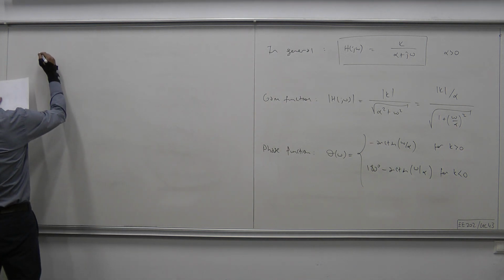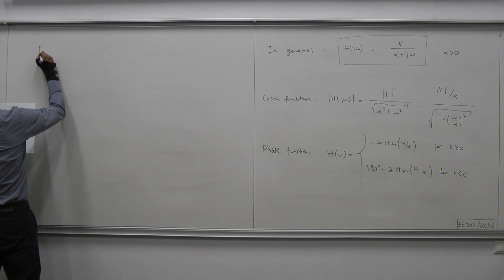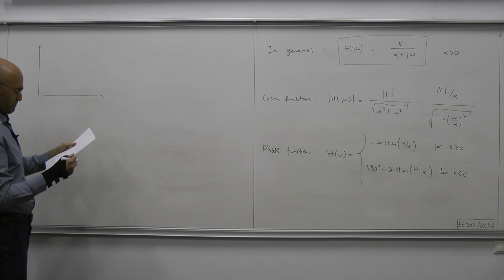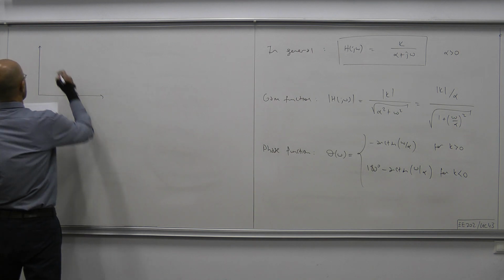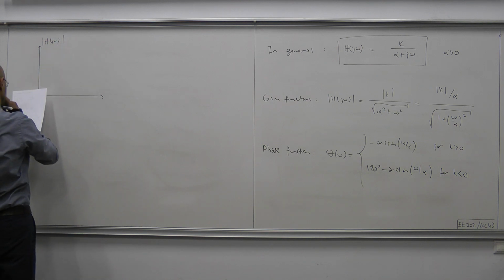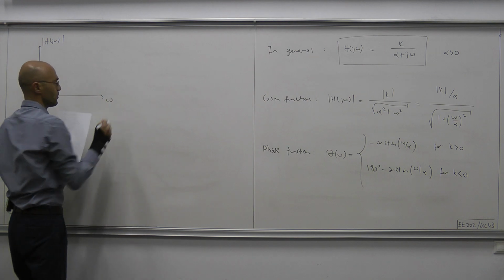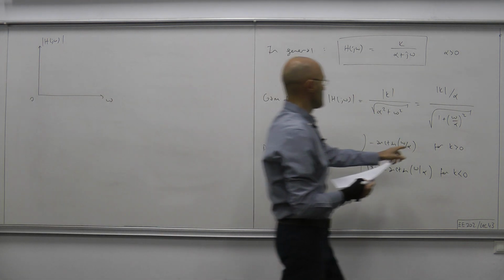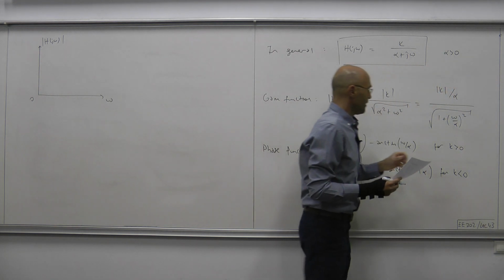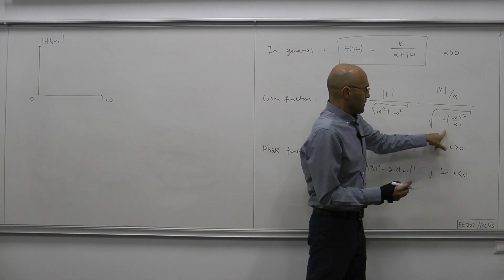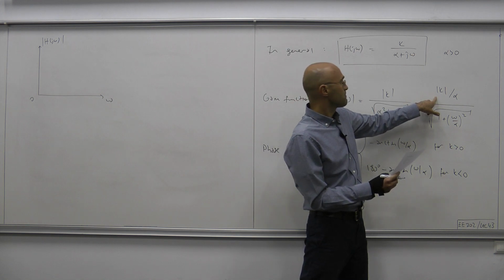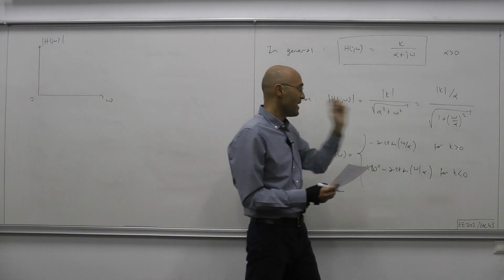Okay, let's obtain the gain plot first. Okay, so this is our gain, |H(jω)| magnitude. This is 0 and this is ω. Now, this is our gain, H(jω), okay? So the denominator, first of all, the numerator is fixed at magnitude of K divided by α, and the denominator